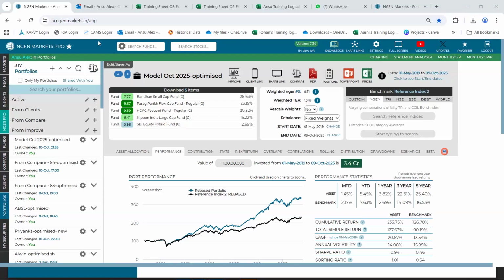So there's a question in the chat box. What are the TREPs that show highest allocation before HDFC Bank in the portfolio? So TREPs are nothing but treasury papers, treasury bills that form a part of any of the funds that are there in the portfolio, the underlying.